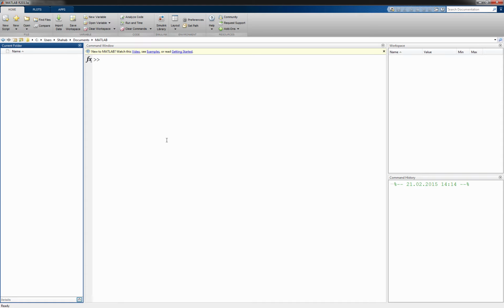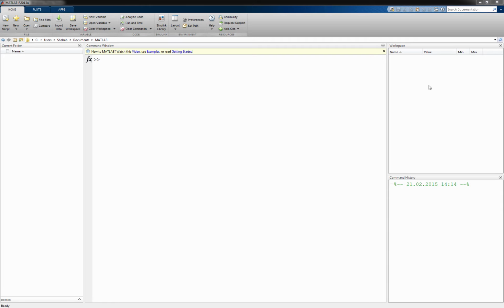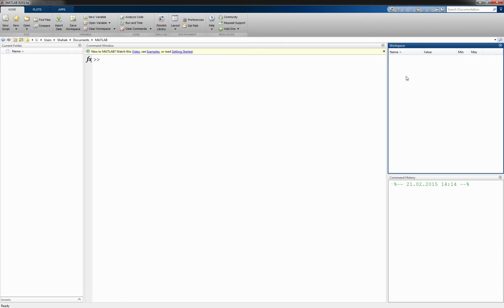Now, the other one, which is very important, is called the command window. We will use this command window frequently in this course. It is the place where you can type your command and execute it. It is one of the most important windows that we have in MATLAB. We will get back to this window very shortly. The other window that we need to know is called workspace. In the workspace, if you have written some program and you have created some variable, you can see which variable exists and what is its type, what is its size, and what is its value.